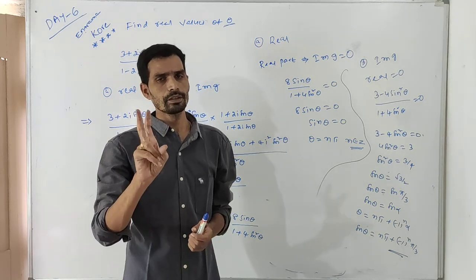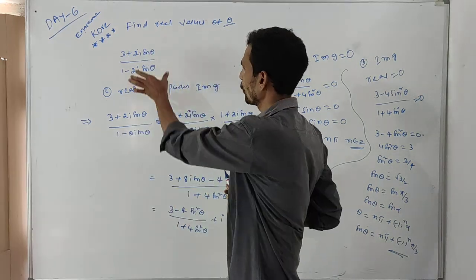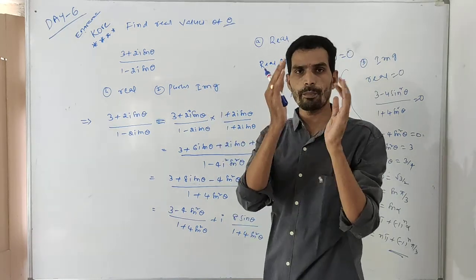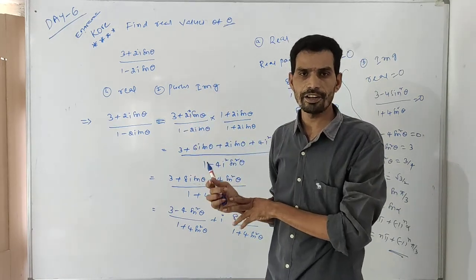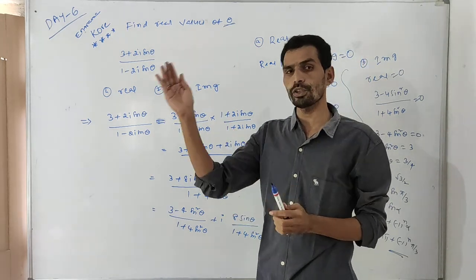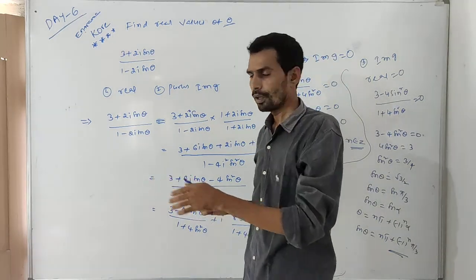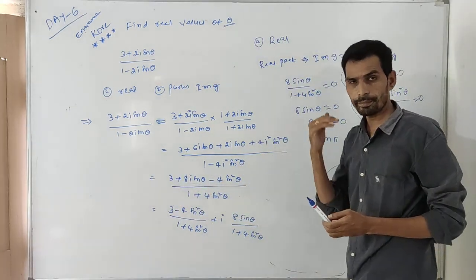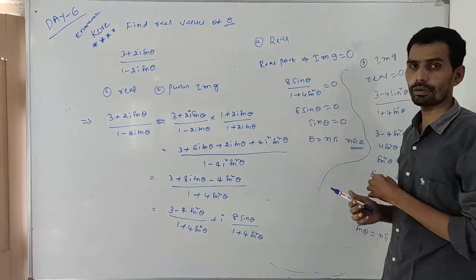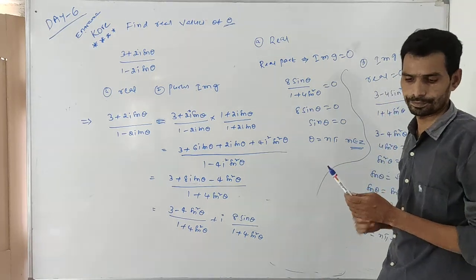Your concept is only two problems, real and imaginary. First of all, the given problem has a numerator by denominator. After general simplification we get the real part and imaginary part. What is he asking? He is asking for a question that is purely real. In this case, real means imaginary is equal to 0. If you want imaginary, real is equal to 0, and we get some solution. Otherwise, if you want real, imaginary is equal to 0, and we get the general solution of the trigonometric equations.